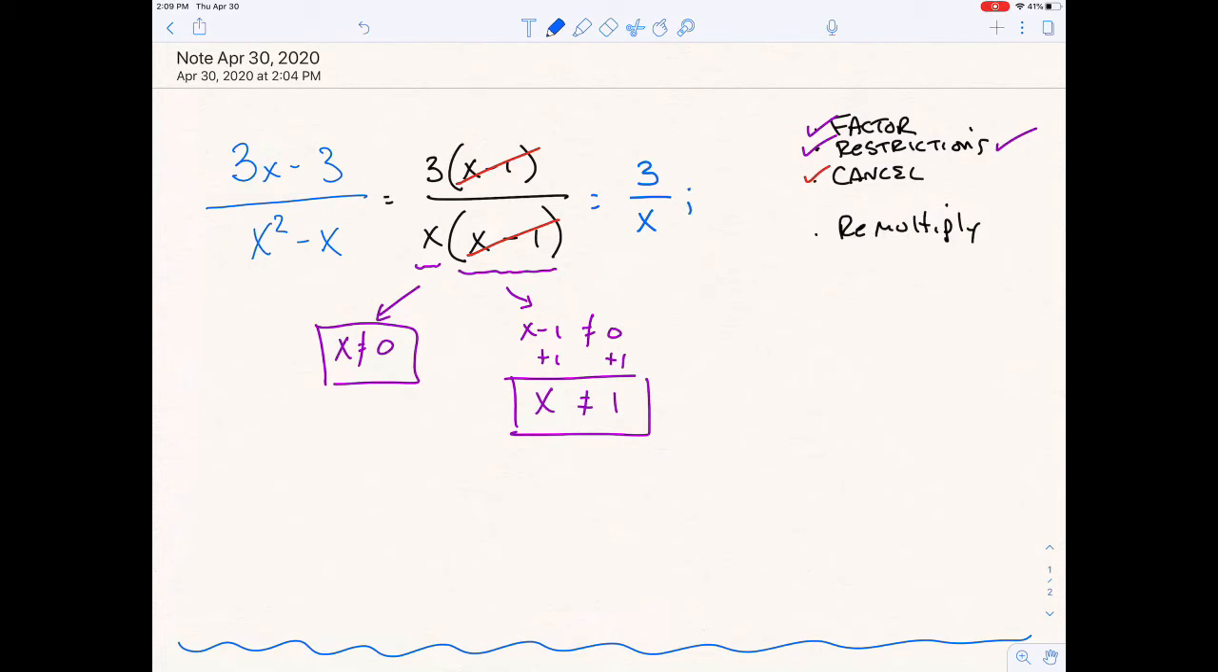But after this, I'm going to go ahead and say x cannot equal 0 or 1. And this is my complete answer. We have our answer and we have our restrictions, right? So that is how you attack this problem. You factor, you find restrictions, you do some canceling, and you remultiply if you need to, right? Let's go ahead and grab that concept here,